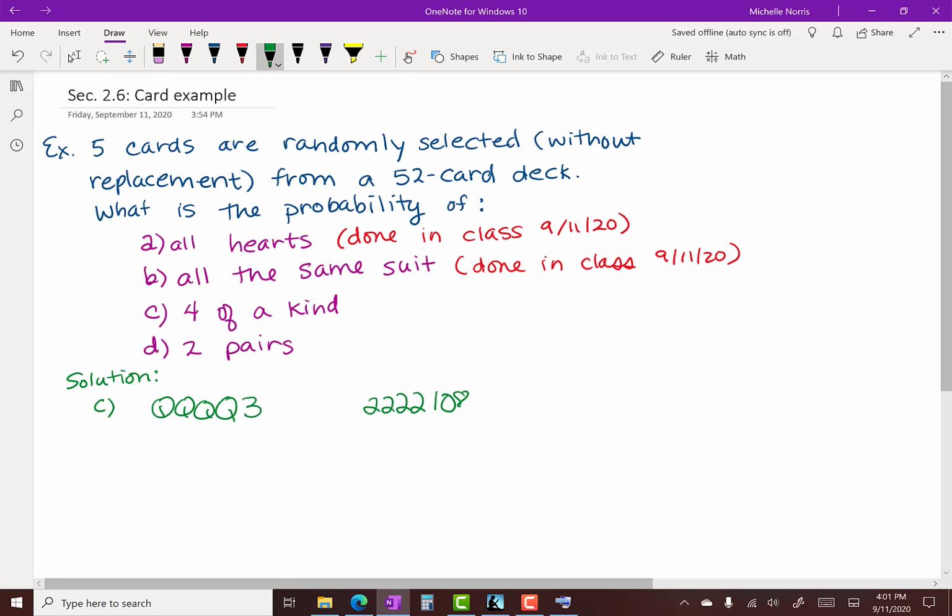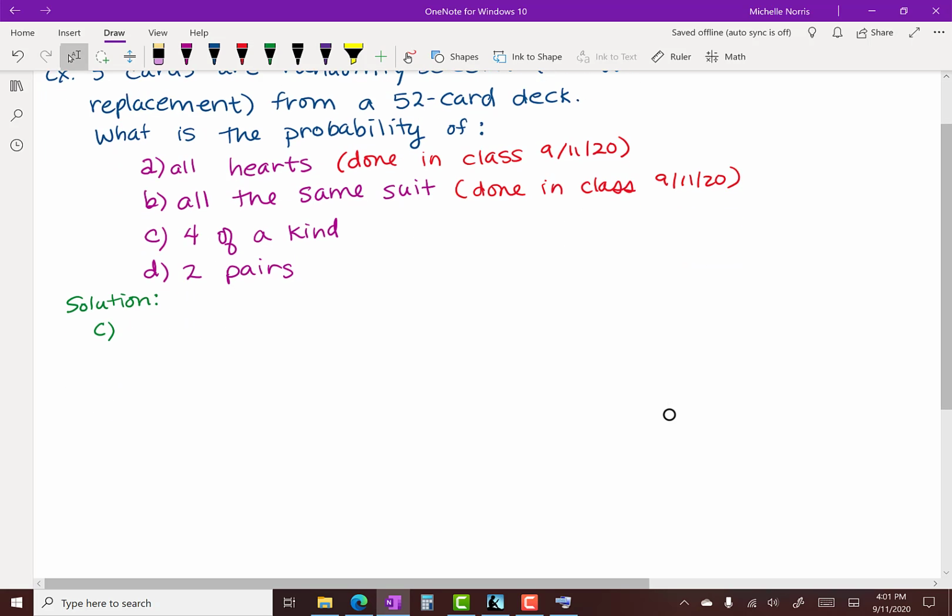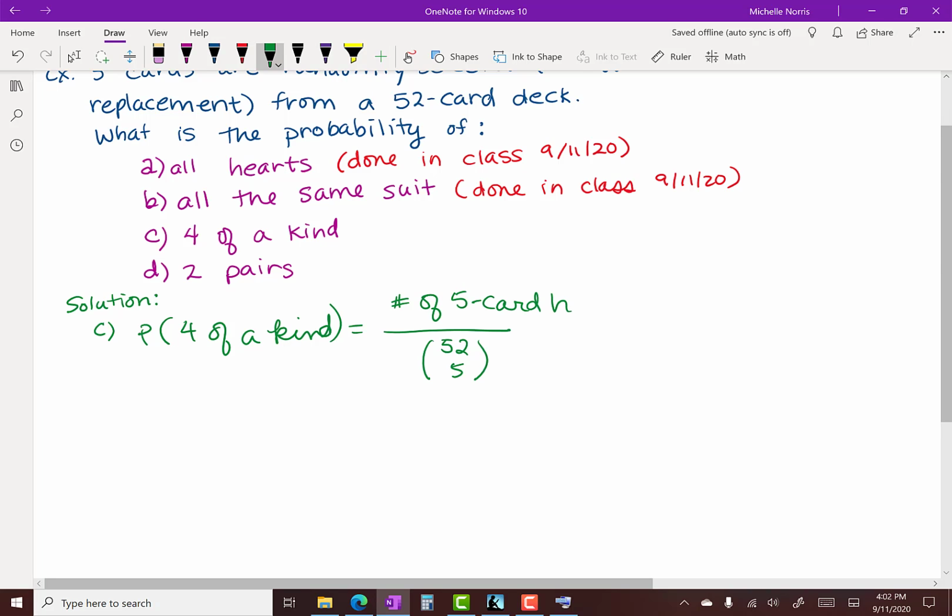Okay, so we already know that the number of outcomes in the sample space is 52 choose 5. So we just need to figure out how many outcomes there are that have 4 of a kind. And so the probability of 4 of a kind is going to be the number of ways we can draw 5 cards, which is 52 choose 5, and on the top, we need the number of 5-card hands that have 4 of a kind. So you can probably go directly to counting to do this, but let me show you a little bit of